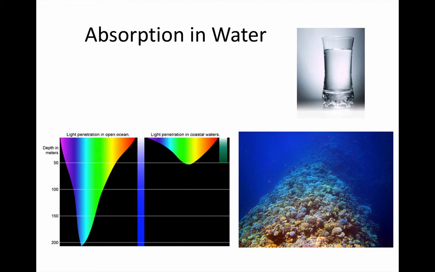When we look at a glass of water, we imagine that it looks transparent and so it must be letting all colours of light pass through equally. But if you look at light travelling a long distance through water, you will find that in fact the red part of the spectrum is being absorbed a lot more than the blue and green. And so since the red is attenuated more than other colours, if you go diving underwater, you will find that things look progressively bluer as you look further away, as more and more of the red is being subtracted from